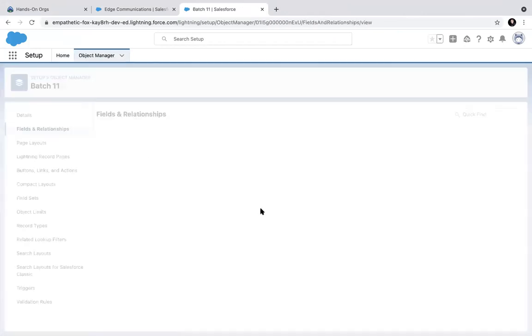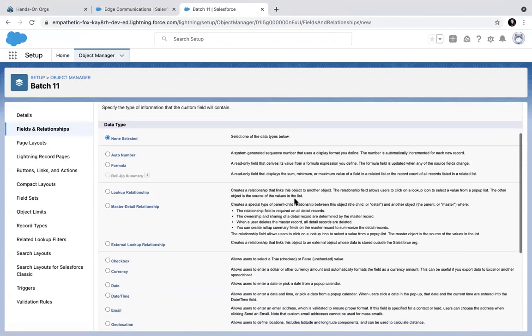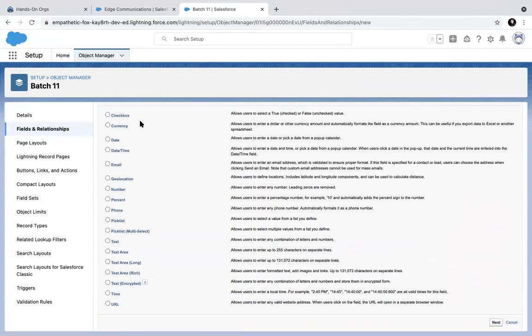What is the need for all these fields? We covered this, right? But let's do that once again. What is the need for these fields? This checkbox and so many types of fields. Why can't we have only a text field? That should solve the purpose. Because a text field allows numbers and characters, right? So why do we need a number field? Why do we need a currency field? Why do I need a time field, URL field? What is the point? I can fill everything in this text field.